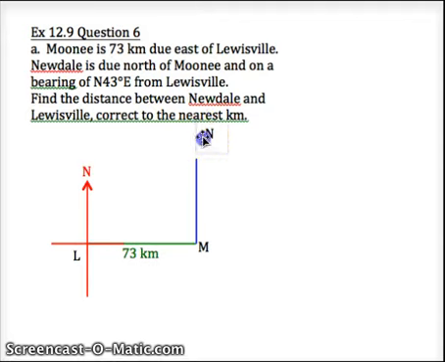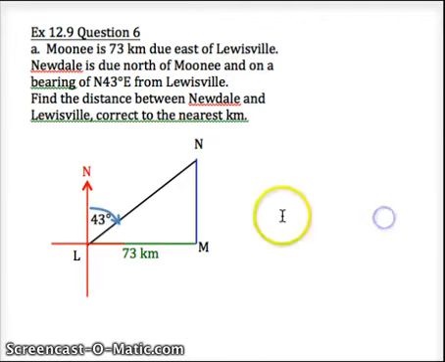I'll just move this all down. And Newdale is due north of Mooney, but Newdale is also on a bearing of north 43 degrees east from Louisville. So we need a line between Louisville and Newdale, so I'll just put that in. And Newdale is north 43 degrees towards east, so this angle in here will be 43 degrees in there. And I've marked that in